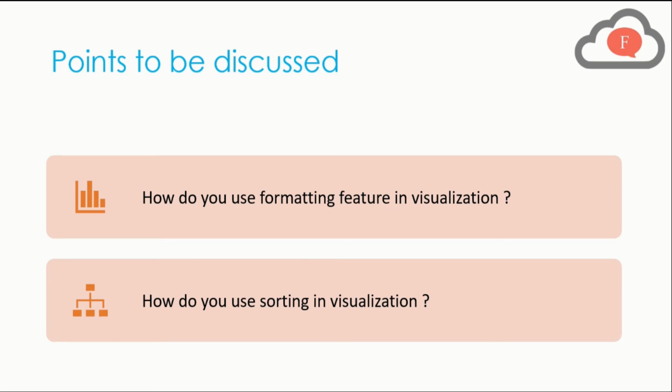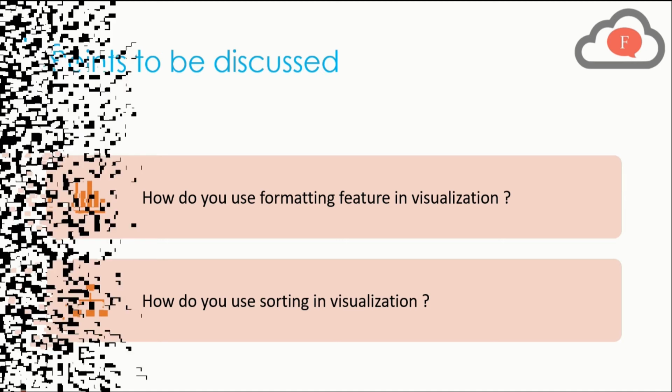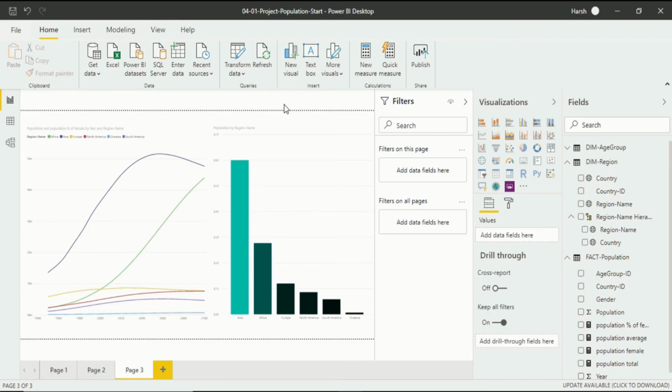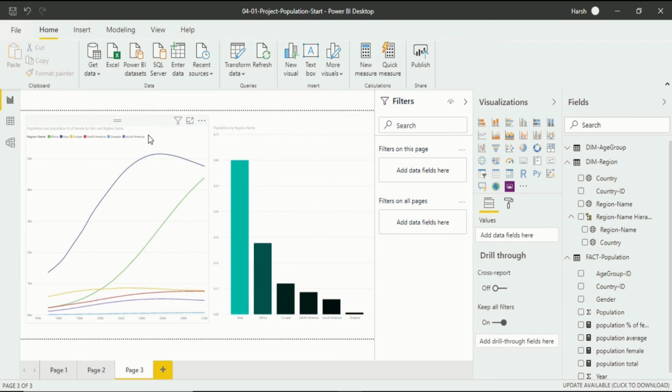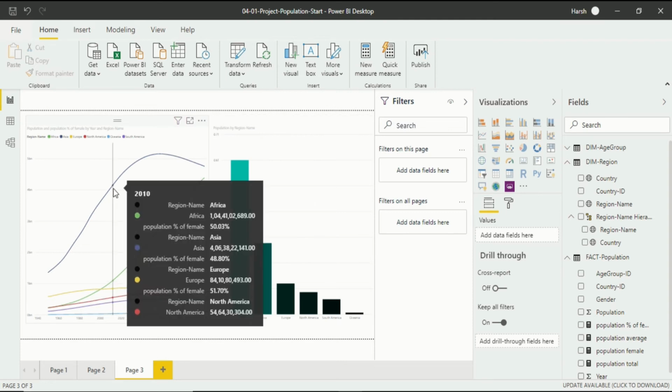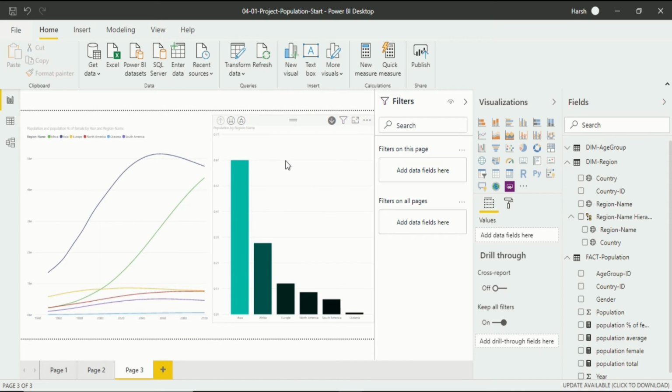Now to understand this topic, we have to go into Power BI Desktop itself. Now let's go to Power BI Desktop. Now we are in Power BI Desktop in a data model interface and specifically in report view, because only in report view will you be able to see the visualization, which we usually call a chart. So these are the two charts that I created in my previous video. This one specifically is a line chart and this one is a clustered column chart.